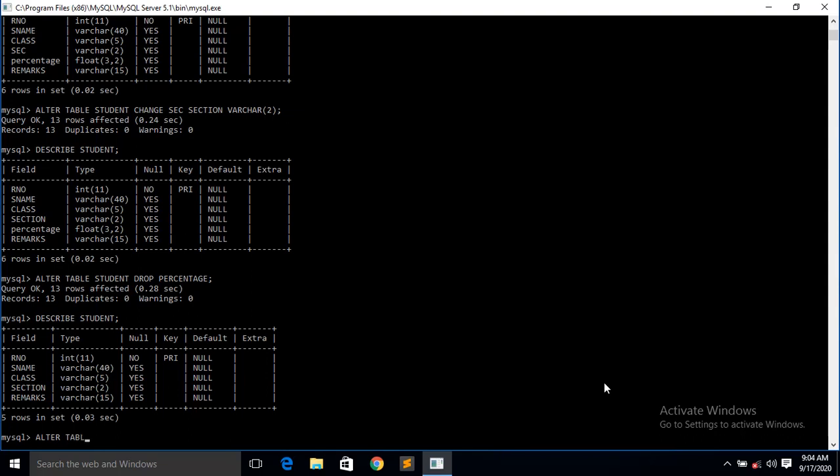Alter table student, you have to give the old name, student, rename. Here you have to remember one word, you have to use rename to. Student will be renamed to the new name, what? Student detail.